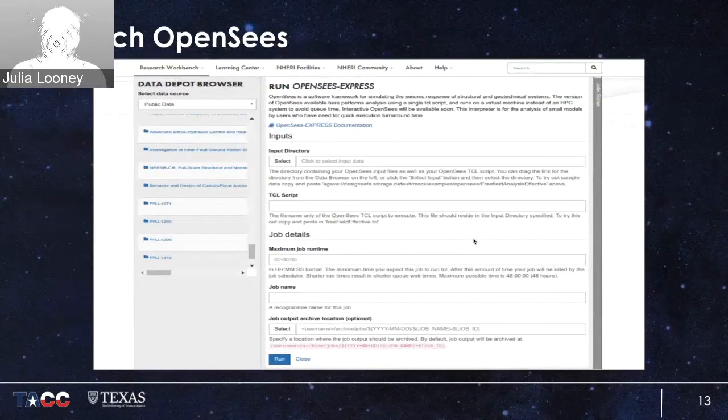One example of this is being able to launch an OpenSees job via your browser. Essentially, on your gateway website, you can have a web form, and then using Tapas, that can translate into an actual OpenSees job that gets sent to some kind of HPC resource.